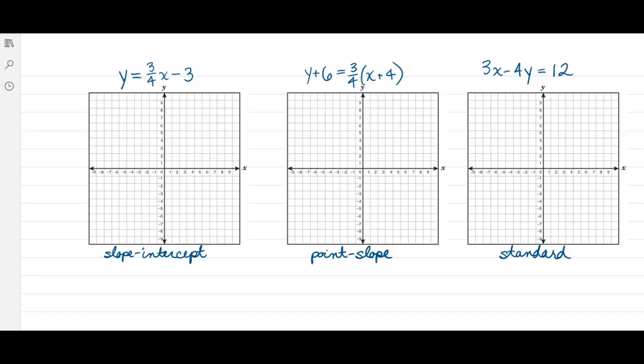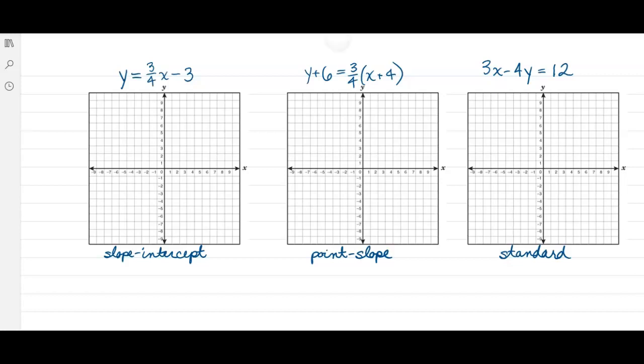If we were in point-slope form, we could make that slope-intercept. If we were in slope-intercept, we could change it to standard. If we were in standard, we could change it back to slope-intercept. The same is going to be true with our quadratic functions as well. We're going to be able to use different forms for different situations, and we can change from one form to